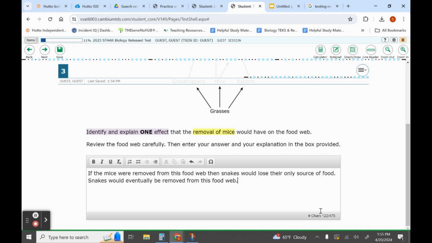That's just one way you could answer it. But you've identified and you explain the effect, because if mice were removed, then snakes would lose their only source of food. We identified and then we explained that snakes would eventually be removed from this food web because